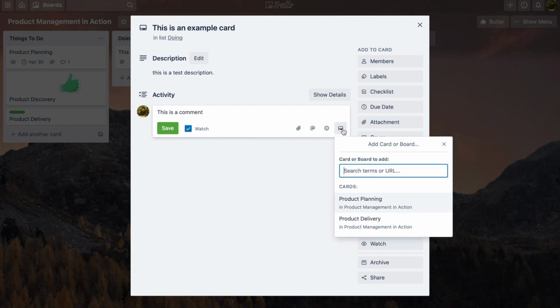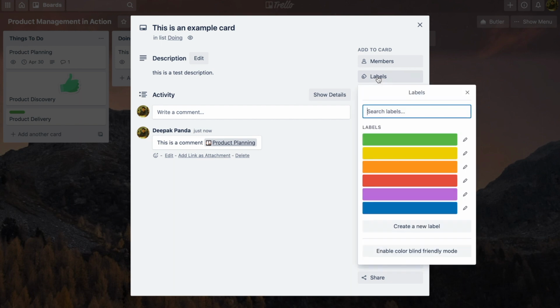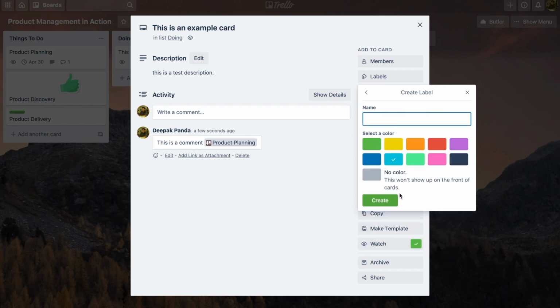Let me just add a card in product planning. Okay, I've referred a card and I've mentioned a comment. And then there are a host of things that you typically expect in a task management solution. You can add members, you can put some labels. Labels in Trello only have colors. You can add more colors, create new labels,